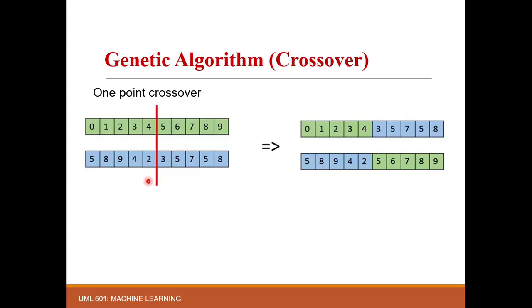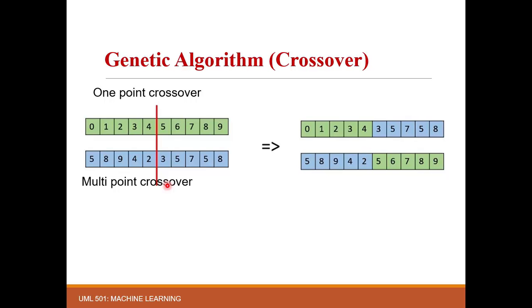So at the crossover point, the parents' genes get interchanged, like 35785 goes to parent 1 and this part comes to parent 2. So this is how genes between the parents get interchanged to produce the new offspring, and these are completely new offsprings which are not available in our population of probable solutions. The main thing is the selection of crossover point. This is chosen randomly in crossover.